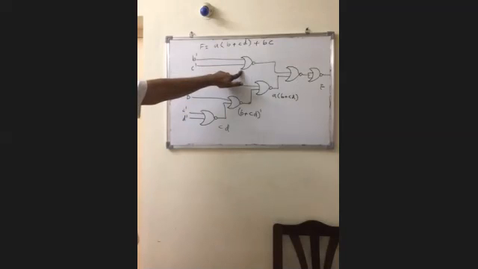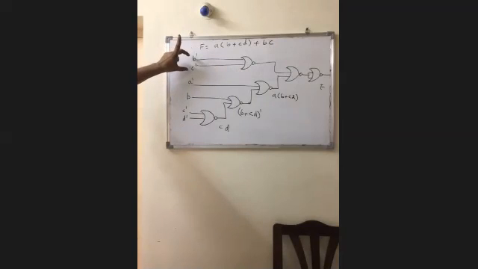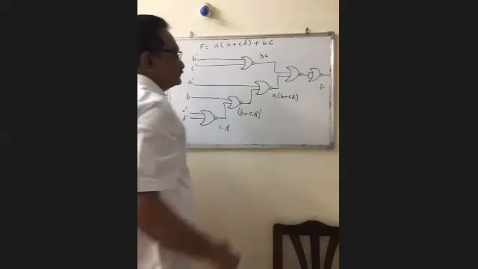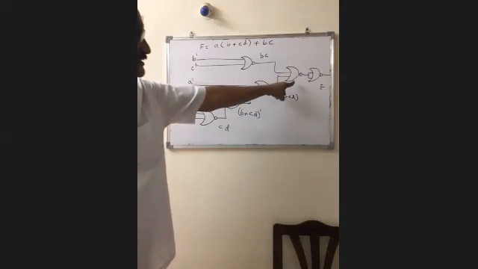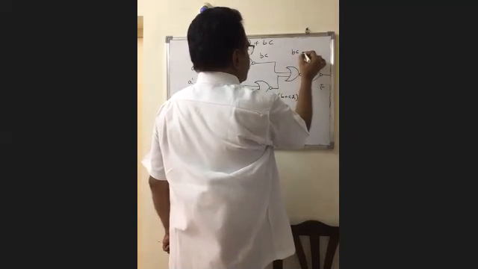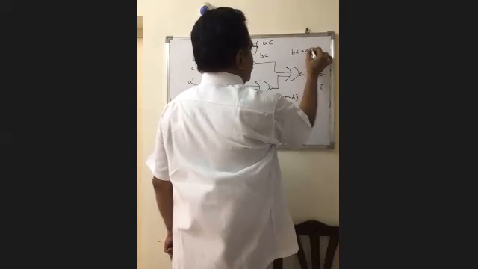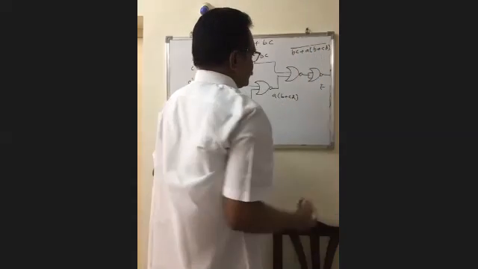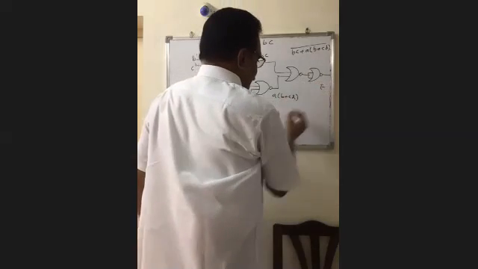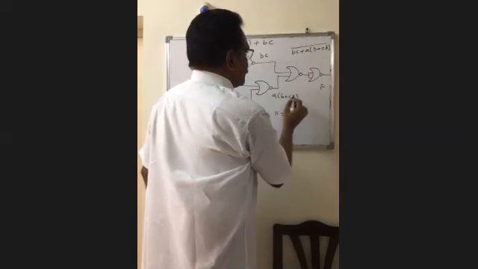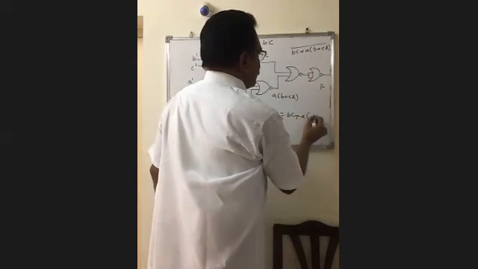So what is the output of this NOR gate? Product of complement of these two inputs. So BC. What is the output of this NOR gate? BC plus A into B plus CD whole bar. So what is the final output expression F? Remove that complement. That is nothing but BC plus A into B plus CD.